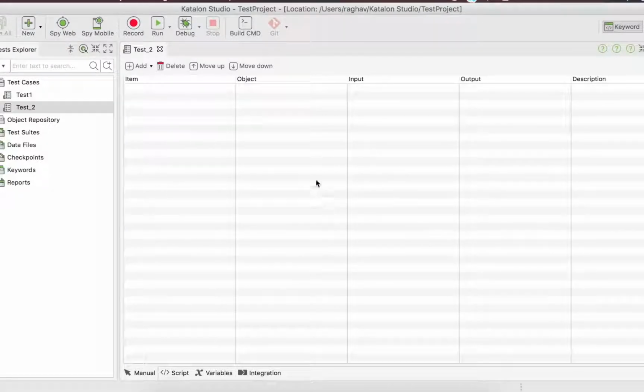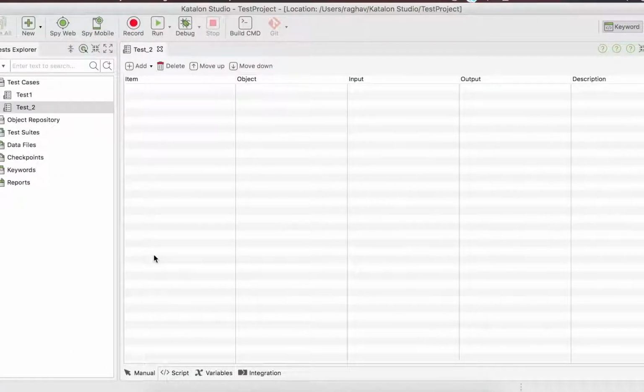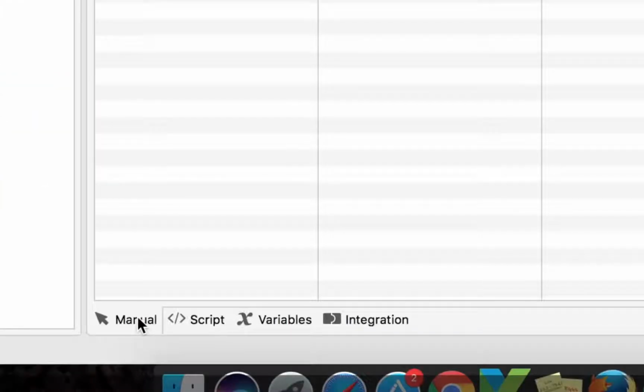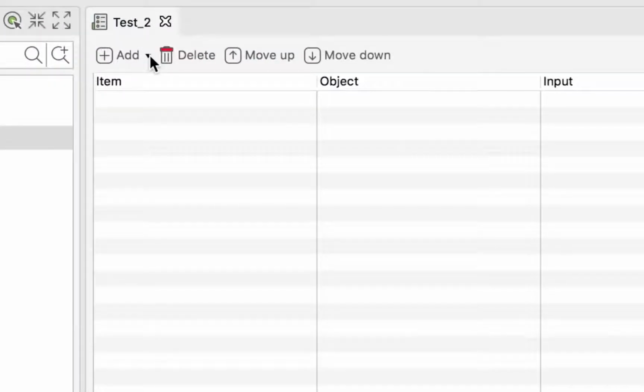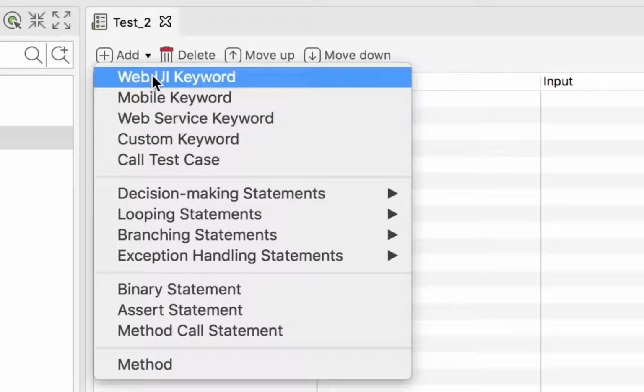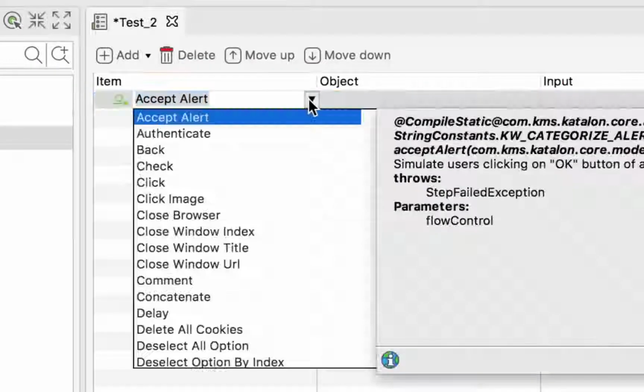And it has created the test, and then we have to run the test. But before that we have to actually create our steps. So you can see if you go down, this is the manual mode. So it by default opens in the manual mode. You can change these in the preferences as well. But now we have to start creating our test case. So for that, once you are in manual mode, you can go to add, and you can add any of these keywords. I will say web UI keyword,